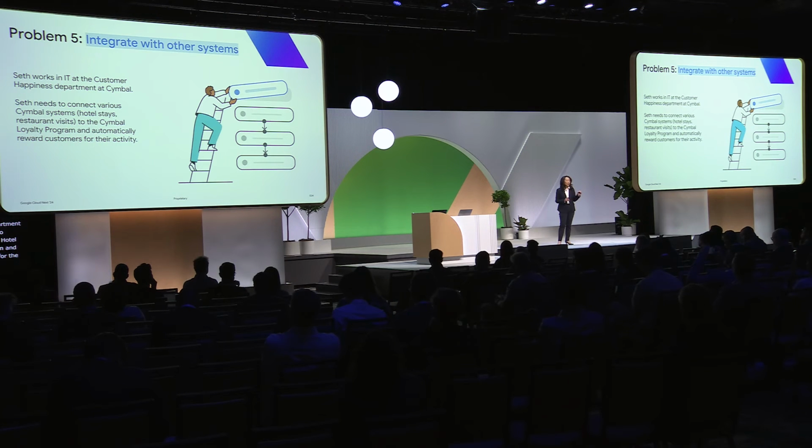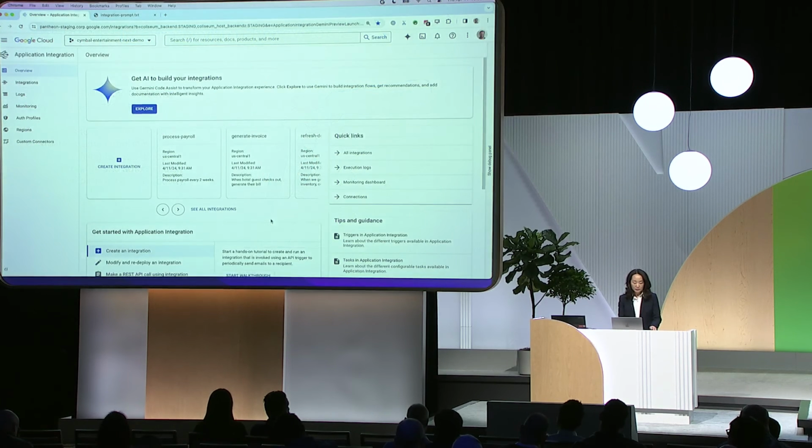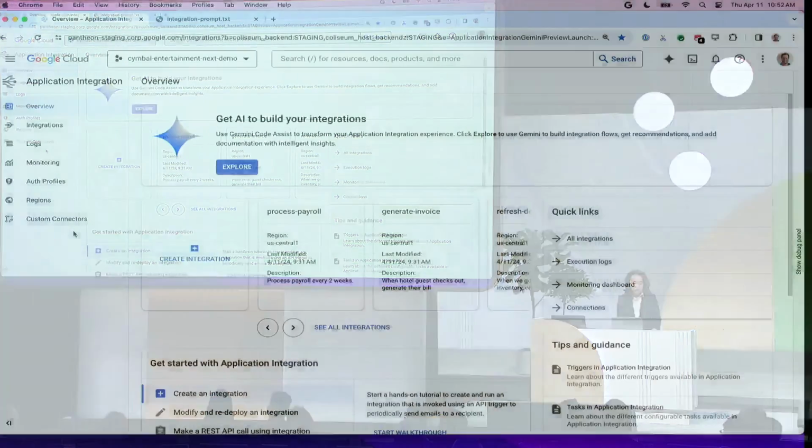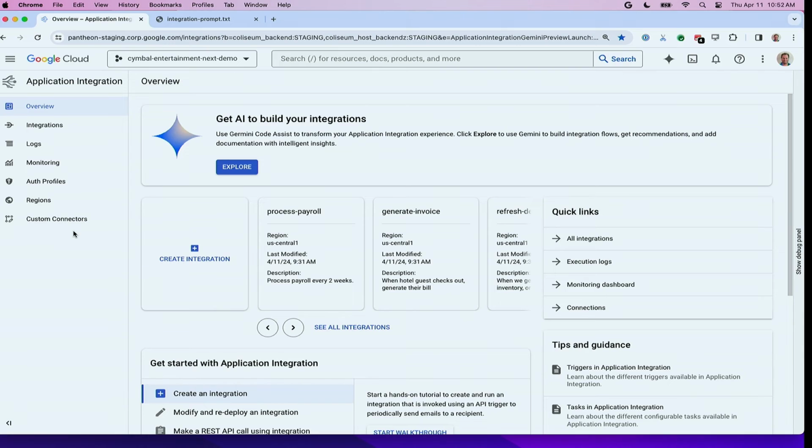So for example, when the hotel service generates a bill, then the bill event should trigger some sort of payment system with the credit card information that they already have on file. It should also trigger the loyalty program API so that the customer can get the points and receive an email, let's say, about their rewards balance. So now let's look at how we can do that. Let's go back to the demo. OK, so now, as you can see, application integration